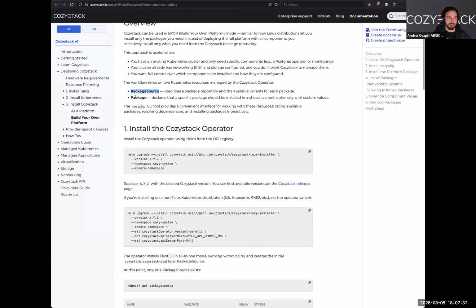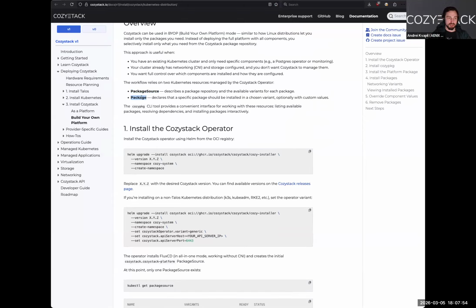So in fact, in Cozystack, now you have two additional entities. It is the package source, which defines the package for Cozystack. It is also handled by the FluxCD source watcher, which downloads the sources and makes them able to be installed by the package.